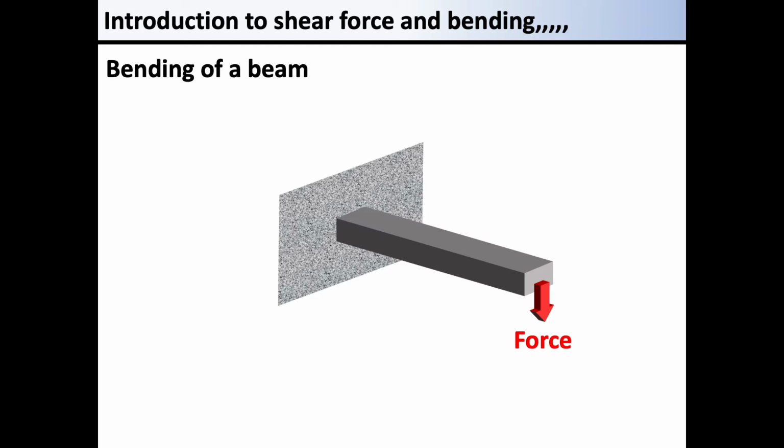First of all, we are considering how external loads and moments cause the shear force and bending moment, and then how they are distributed along the beam in the longitudinal direction. Now, a load is acting at the tip of this beam. You may imagine that a weight is attached at the tip of the beam.